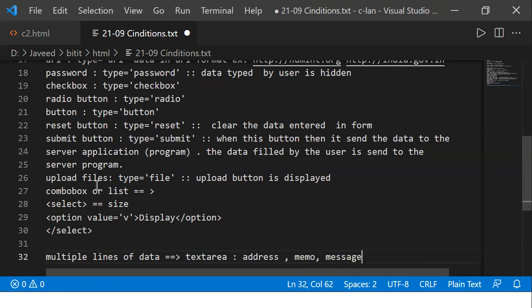For example, when you are composing your email, the email I'll be typing may be one line or more than one line. When I'm going to use more than one line, then it's better to use what you call a text area. It's going to be used for us.